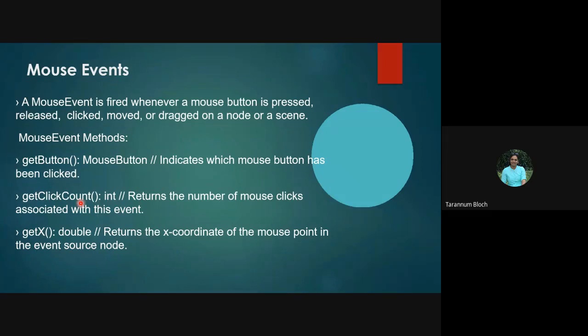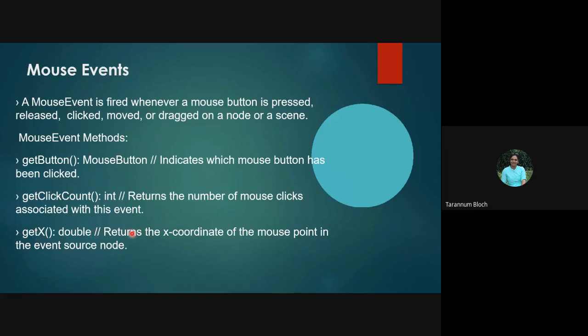So at times you want the count of mouse clicks, and when the user keeps on clicking, sometimes it says you are running out of cartridges, the gun is not working, you are running out of bombs. That is based on the click count, how many times the user has clicked. getClickCount will return an integer number which gives you the total number of mouse clicks associated with this event. Fine.